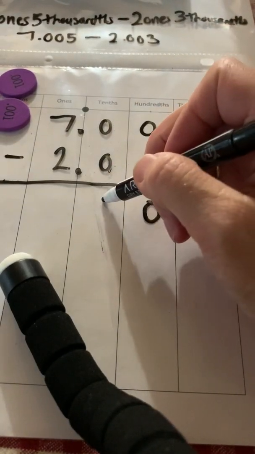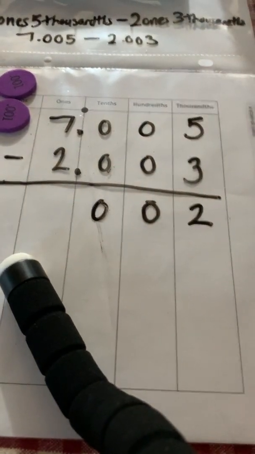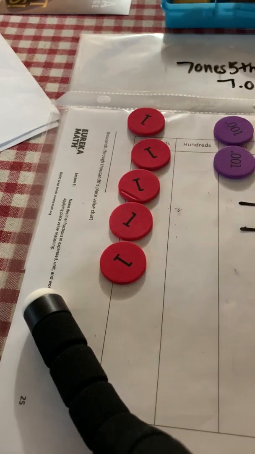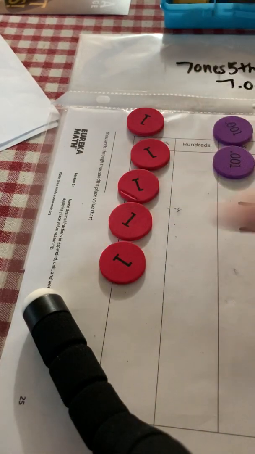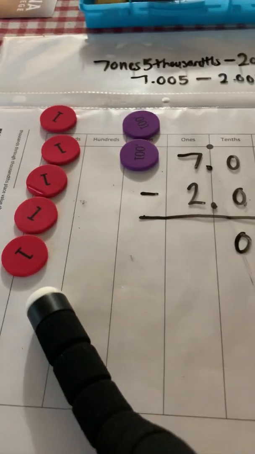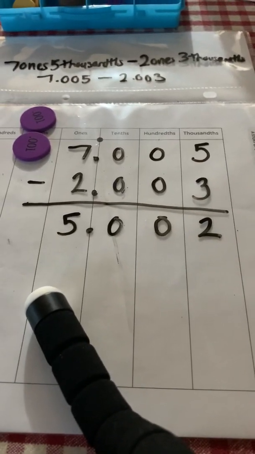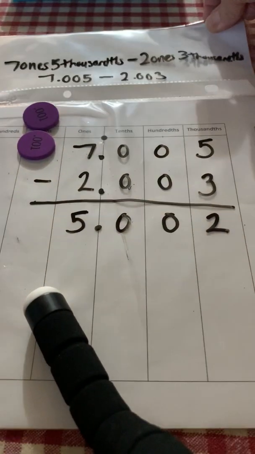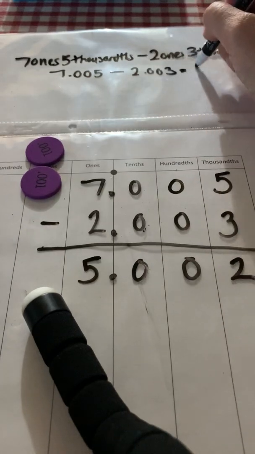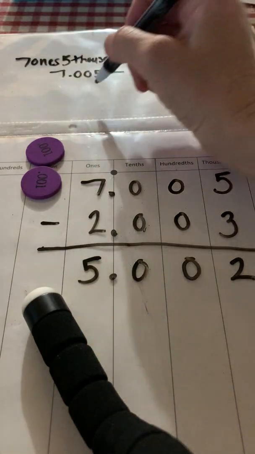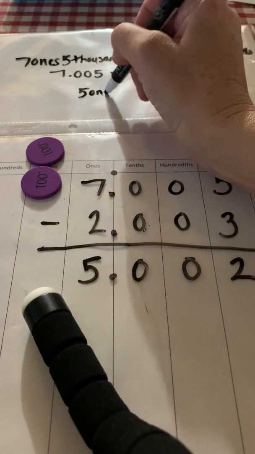0 tenths, take away 0 tenths is 0 tenths. And then I have 7 ones, take away 2 ones. And I can see really quickly that this leaves me with a group of 5 ones. So my answer would be 5 and 2 thousandths. And I could record that as 5 and 2 thousandths, or I could go into unit form and write 5 ones,